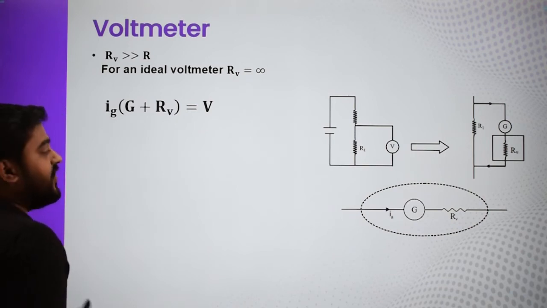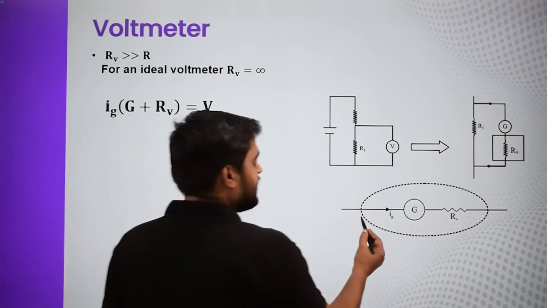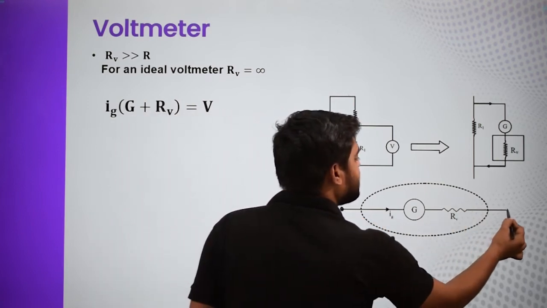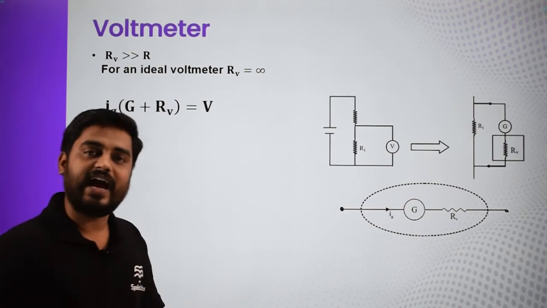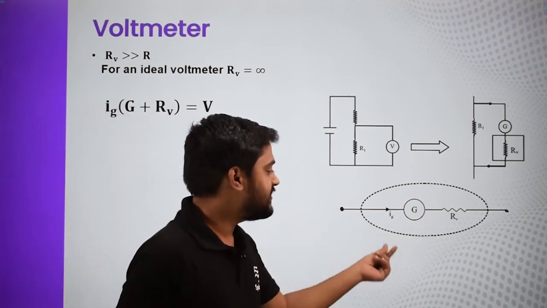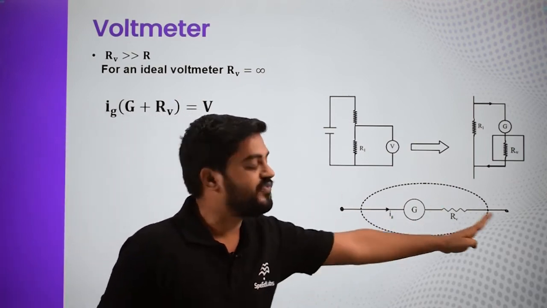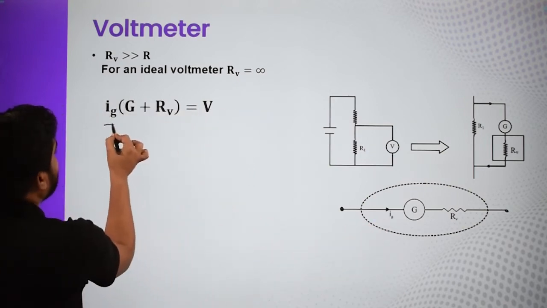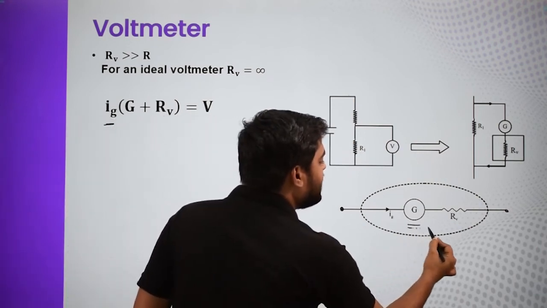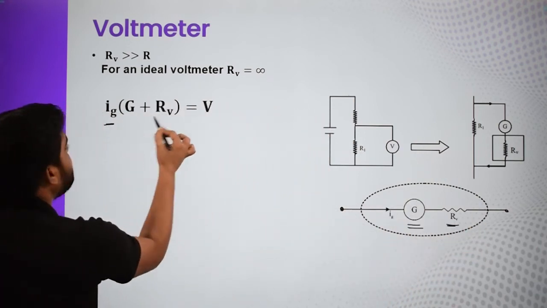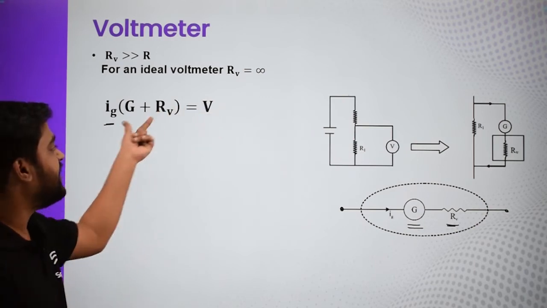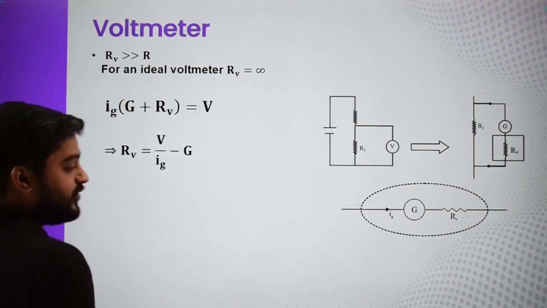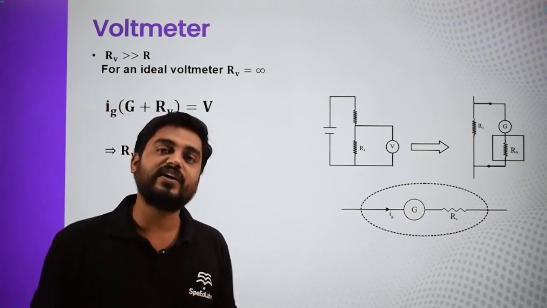Now the working is again very simple. We are just going to see what it tells. It tells the potential difference across these 2 points. And what is the potential difference? It is basically I into R. The current in this is the same as Ig, because that same amount of current has to pass through the galvanometer also. So it is I times the resistance, which is the resistance of the galvanometer plus this resistance, G plus RV, and this is the voltage reading which this is going to provide. Now if we want to get the value of RV, how much RV we have to connect.